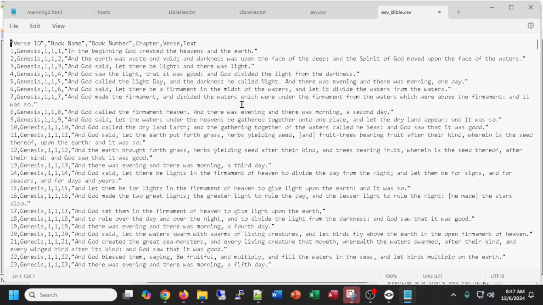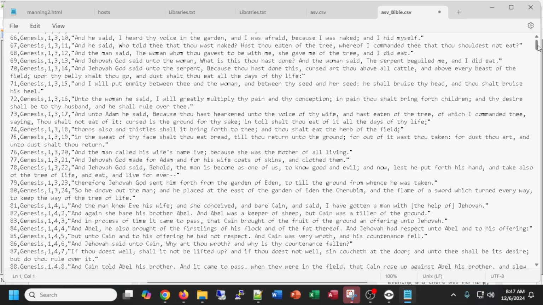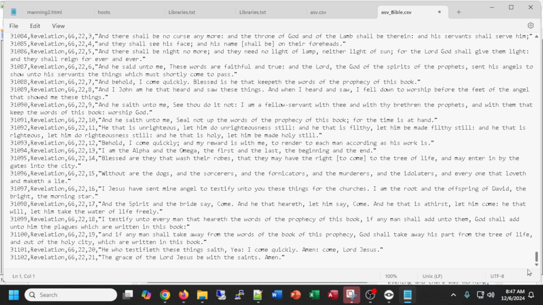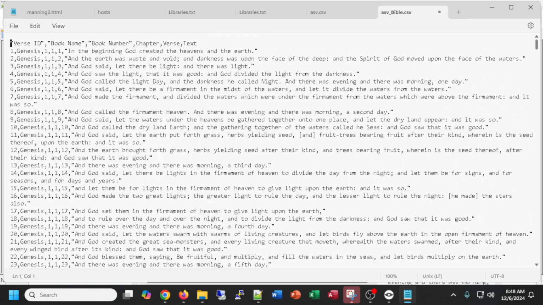CSV is a very convenient way of sharing information that can then easily be brought into a spreadsheet or into a database. There's commas between. That's what the C stands for, character separated values in my file. And Notepad is happy to open the entire Bible, all 31,102 lines of text. And notice it is assigning a verse ID to every verse in the Bible. We have a name of the book, number, chapter, and verse text. Let's now import that